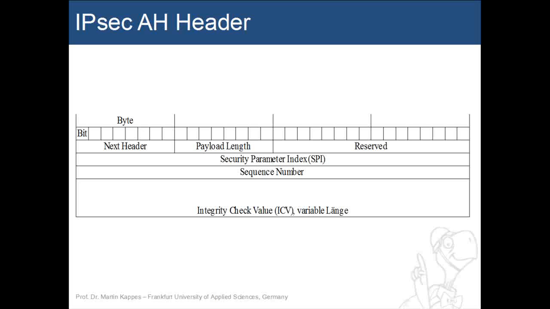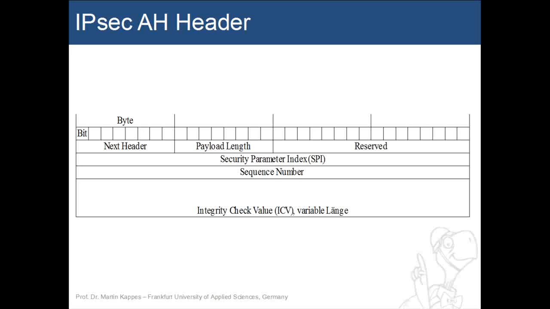The sequence number starts with all zeros, and for each packet which is being sent for the security association, the value is increased by 1. Once the maximal value has been reached, a new security association must be set up. It's not possible to roll over and restart with 0. Since there are only 4 bytes present, the length of the sequence number might be too limited, which is why it is possible, when a security association is established, to negotiate for an 8-byte long sequence number. If this is the case, then only the last 4 bytes are actually transmitted, and the first 4 bytes